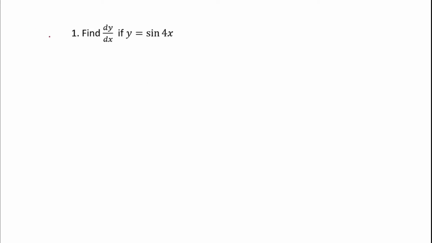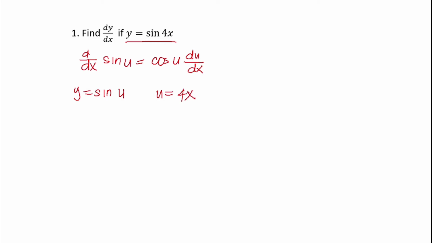The first thing that we're going to do is identify the derivatives of trigonometric functions. We have here sine, so the derivative of sine 4x. Therefore, we could say that the derivative of sine u is equal to cosine u du over dx. Since we have the derivative of sine, we are going to find y is equal to sine u, and our u is equal to 4x. So based on the chain rule, applying the chain rule here,